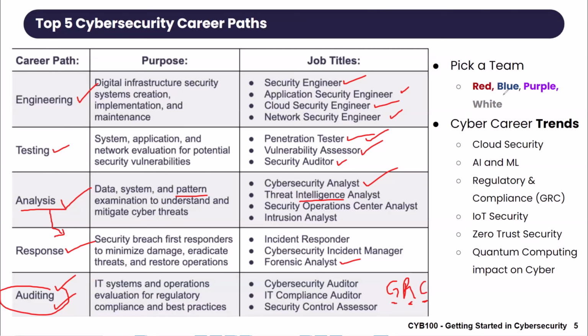As you're picking this, there's also teams that we have in cyber. There's red. If you become a part of the red teamer, that means you're a penetration tester. That's your kind of a jam. So all you do, you're looking for vulnerabilities. You find weaknesses in computer systems. Basically, you're a good person who knows how to do bad things. So red teamer, good people who know how to do bad things.